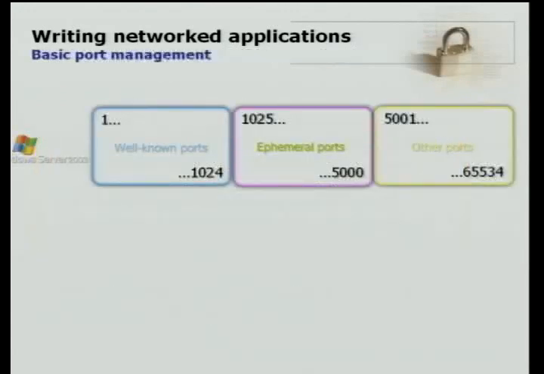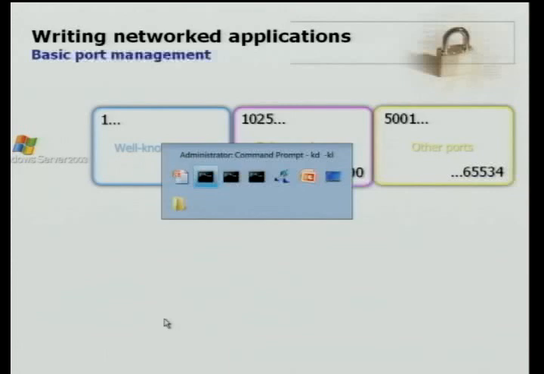All right, so port management. This has been an area that has been a source of feedback in past platforms. So the key thing is that in Windows Server 2003 and earlier platforms, the port range from which we assigned ports dynamically was 1025 to 5000, which conflicts with the actual registered ports that are assigned to a lot of applications. So if you actually look at a Windows Vista machine